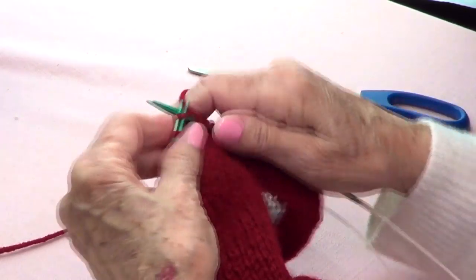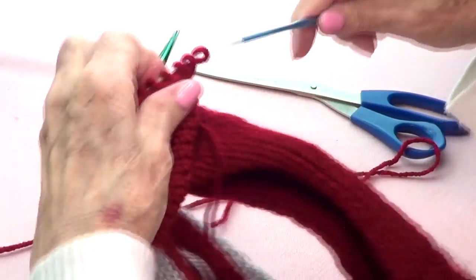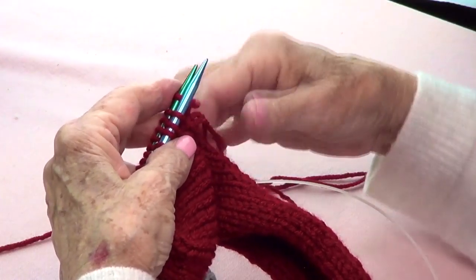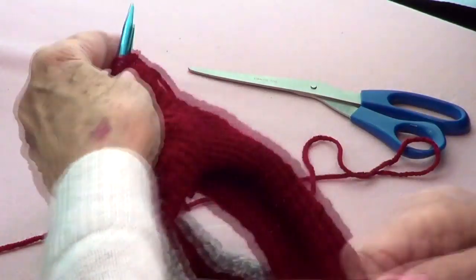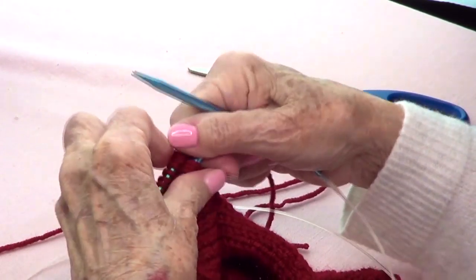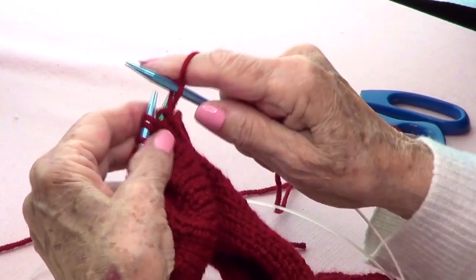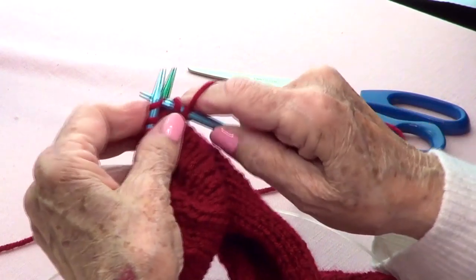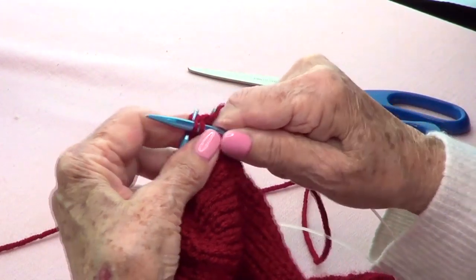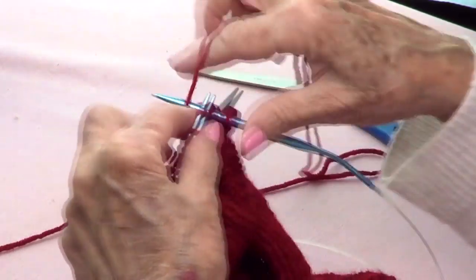Okay, so I finished this part. I go back to the heel and knit on this. So let's see, blue with blue. This is my working yarn, please be aware. And this time I'm going to do knit one and then slide, slide, and knit. And then knit 24. 1, 2,